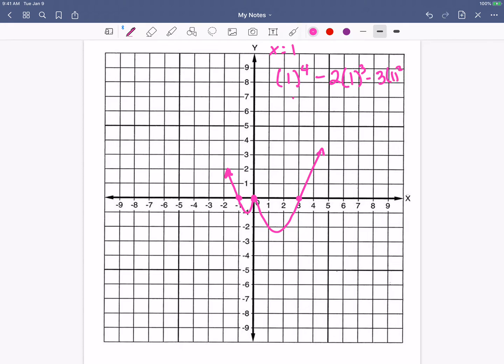I can do that. That's going to be 1 minus 2 minus 3. So that gives me negative 4. You can go ahead and do that. It'll give you a much more accurate graph, but